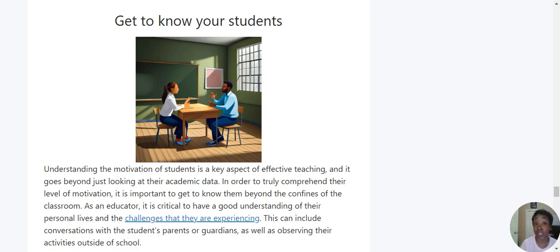It's nice to know, just as a teacher, because we are still mandated reporters, to know what's going on if we can know, but then to also not kind of lash out at them and be rude to them because they're not doing what we want them to do. When it might be something going on that if you just had that conversation with them or maybe the parents, you might have a little bit more clarity on that motivation.